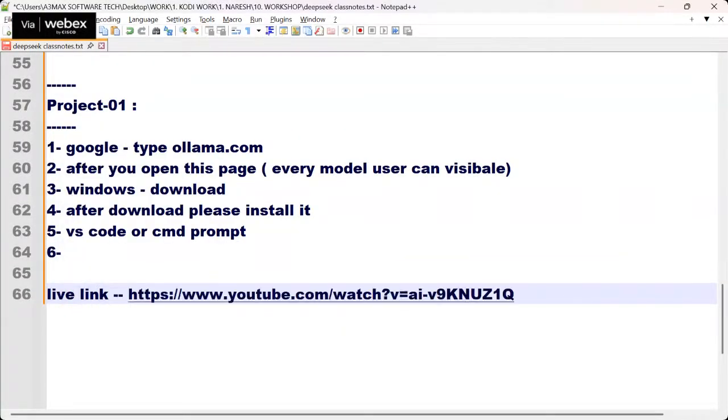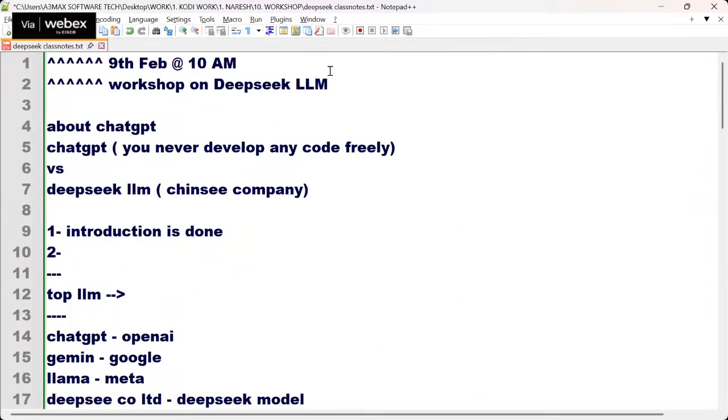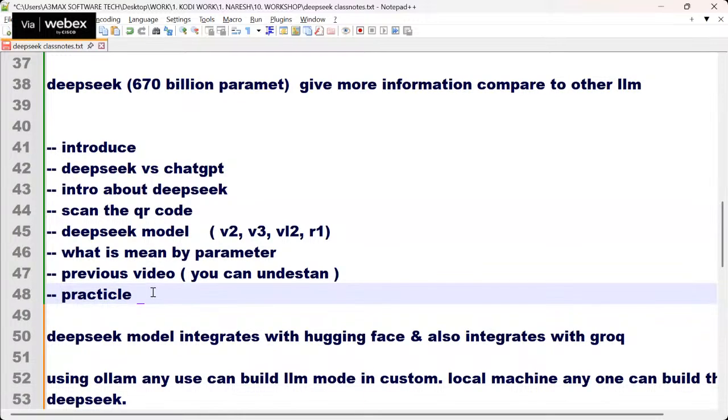Live link, paste. So go up and also paste here. Good. So after you are done with this,